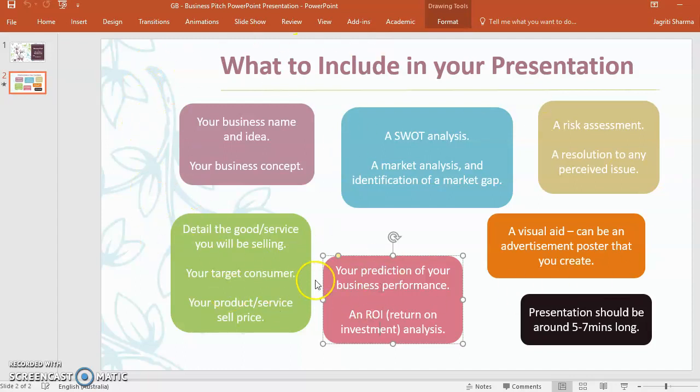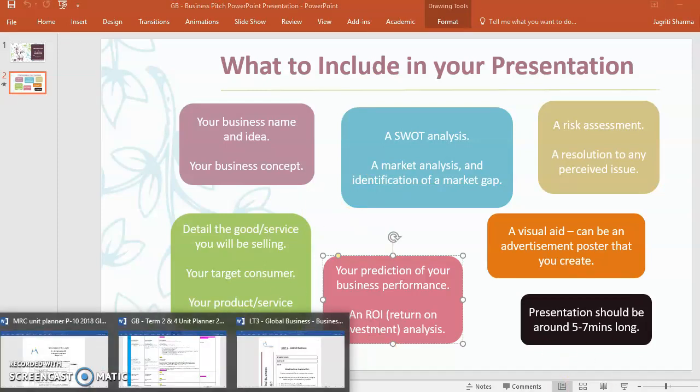You need to start working on the PowerPoint presentations. Start thinking about what business you want to do. Most of you would have already done that, so this is your time to work through those and start doing the PowerPoint presentation. Make it look really good. Be creative. Do your best work in this presentation.